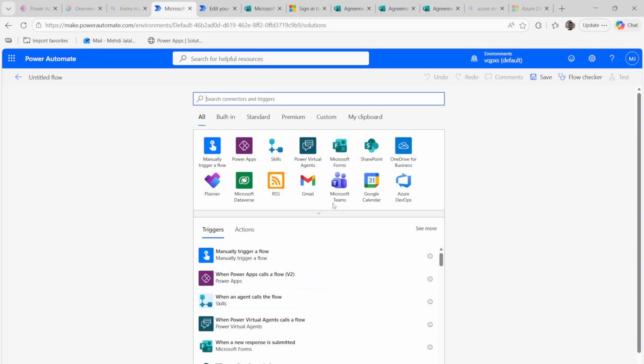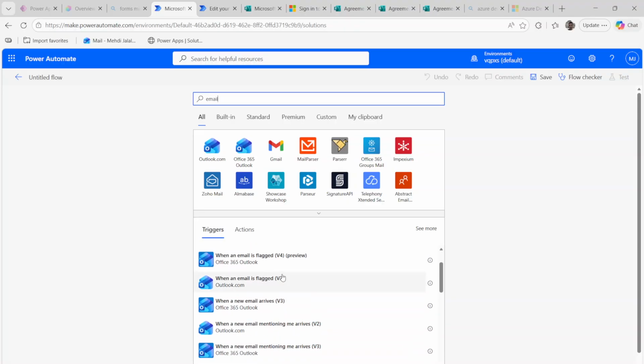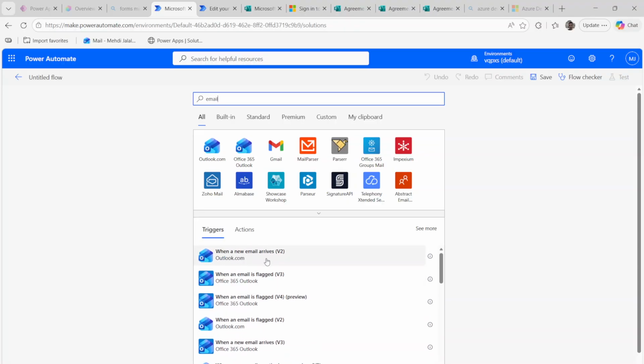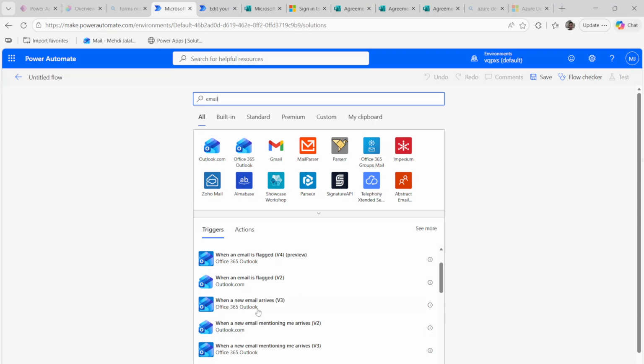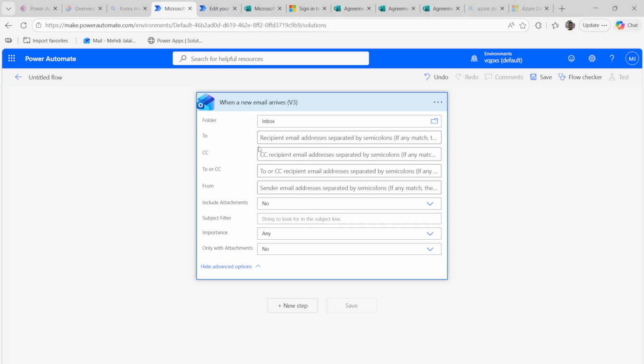Office 365 email. We call it when an email arrives. When a new email arrives from Office 365. So in the inbox folder, we can also choose a different folder if we want. Then if we expand here,